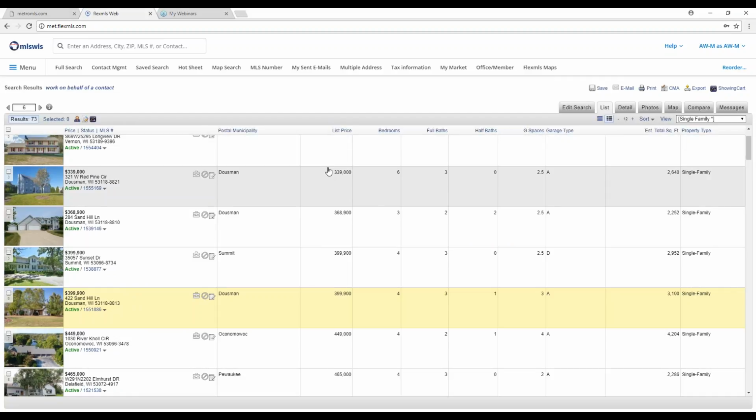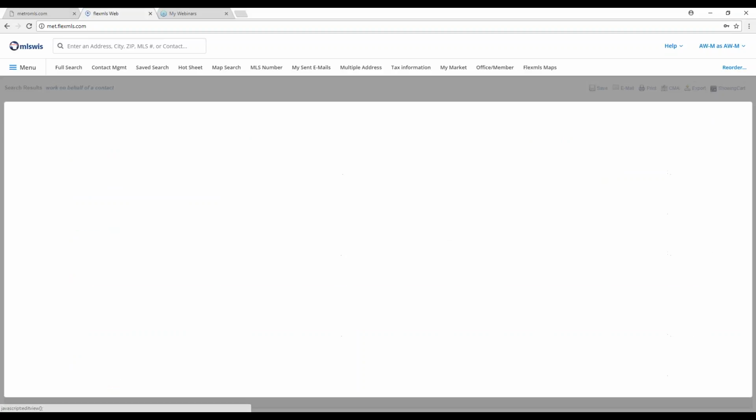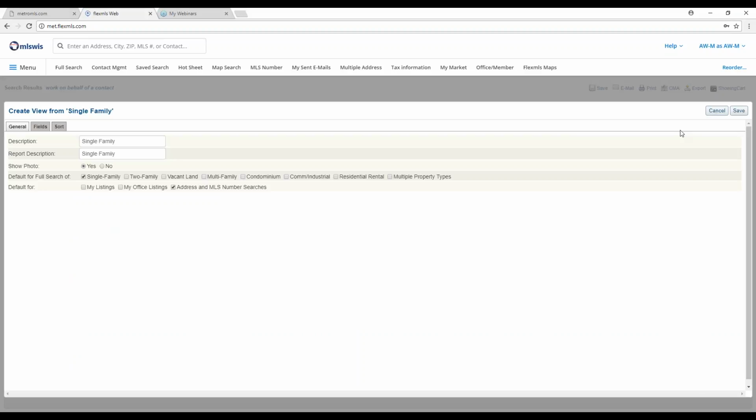So how you edit a view on the fly, you want to be here on the search results screen looking at your listings. You want to be on the list tab here. On the list tab, next to your views drop down menu, you'll see a little link that says view. I'm going to left click on that. That's going to open me up to the create view for single family screen, since I'm editing the single family